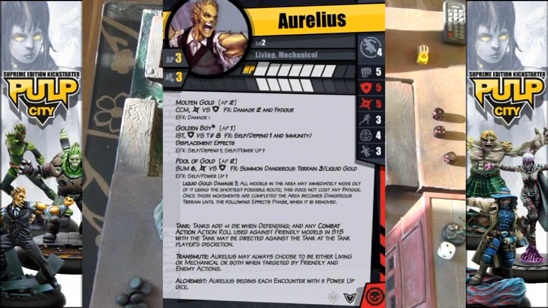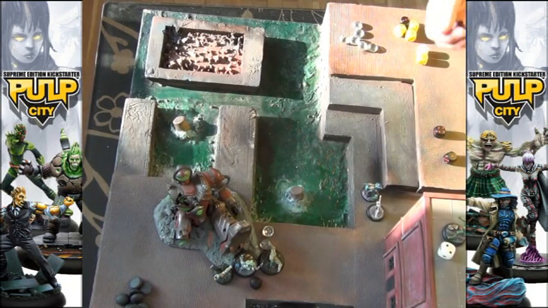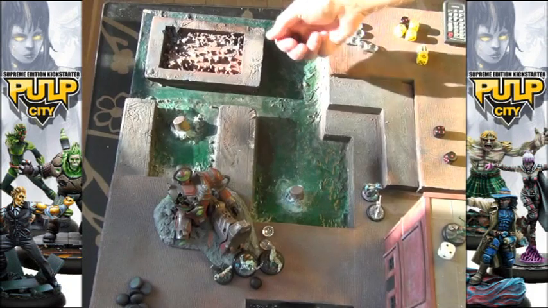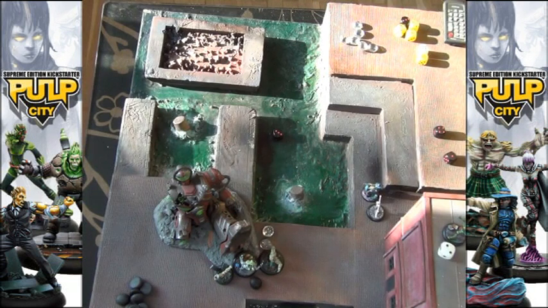This is where you're actually using Aurelius's defense against the target value. In this case, the target value is 8. So he's going to use his defense of 5. He did not generate any extra dice, but he's going to use his defense of 5 against target value 8. Of course, target values don't roll any dice, so on 3+, we'll be able to trigger Golden Boy. And it is 3+, which means that we triggered the action, did not generate any extra effects, but what happens